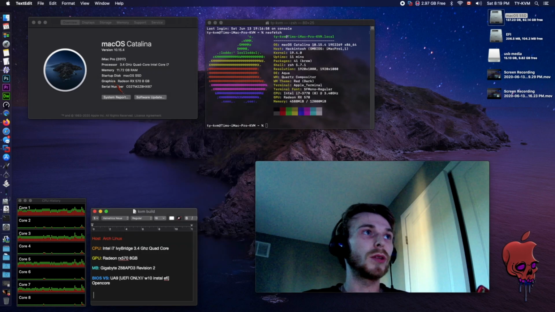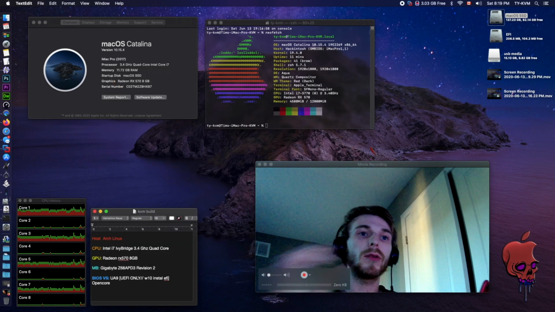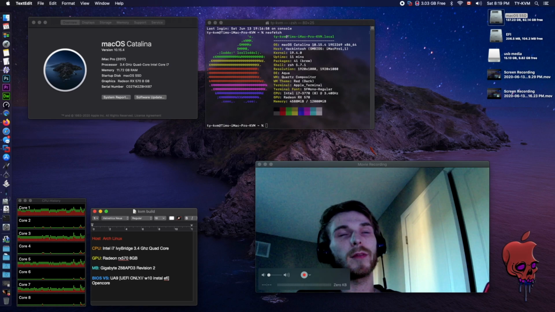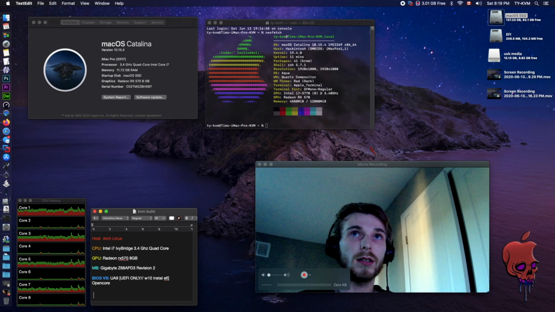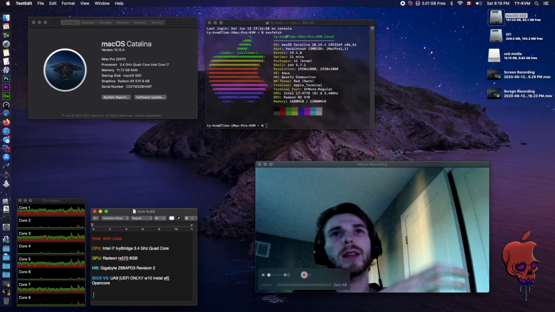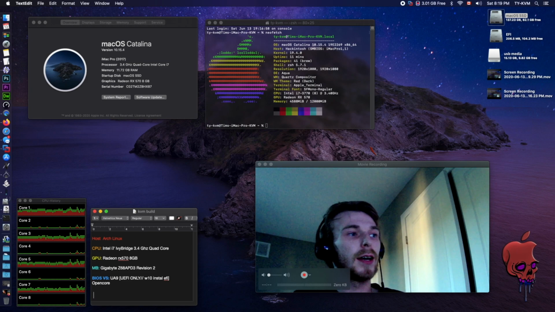One issue I'm going to touch on really quickly, though, is when I upgraded from Clover to OpenCore, as well as Catalina at the same time, I noticed I had this issue where OpenCore would no longer recognize the macOS SSD to boot from, and it's kind of weird just because